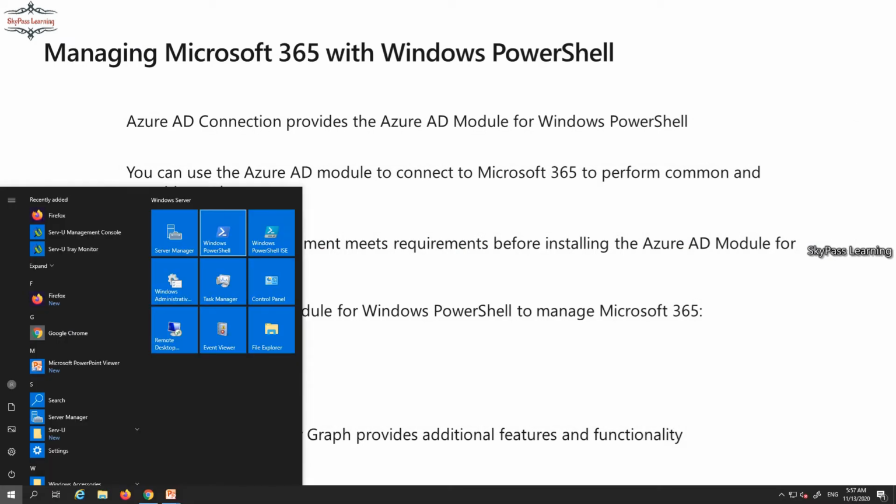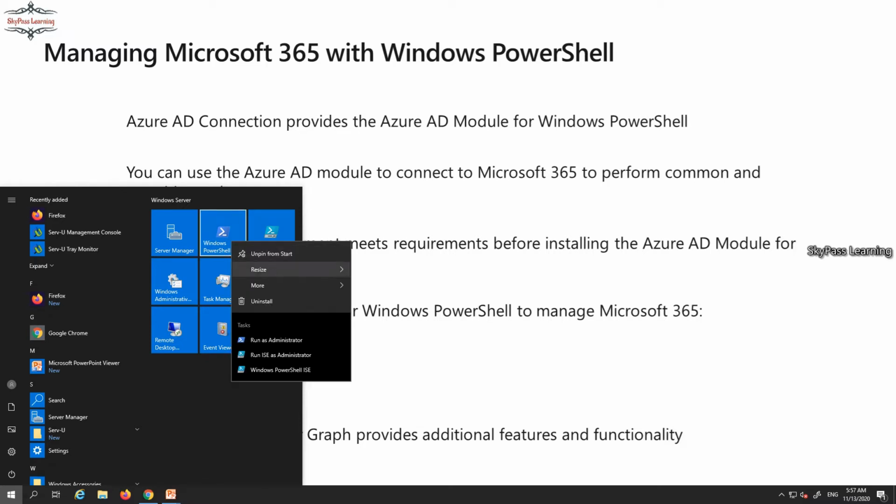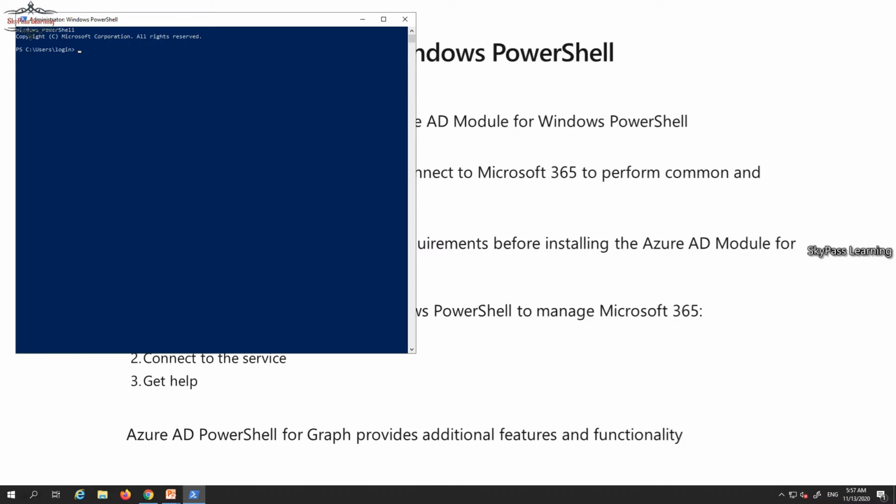Let me quickly start my Windows PowerShell, which is already in your server, or if you are using a Windows 10 machine, you can also use it. Run as administrator, right click and press run as administrator. So I just logged in and cleared it. Okay, so this is my PowerShell.